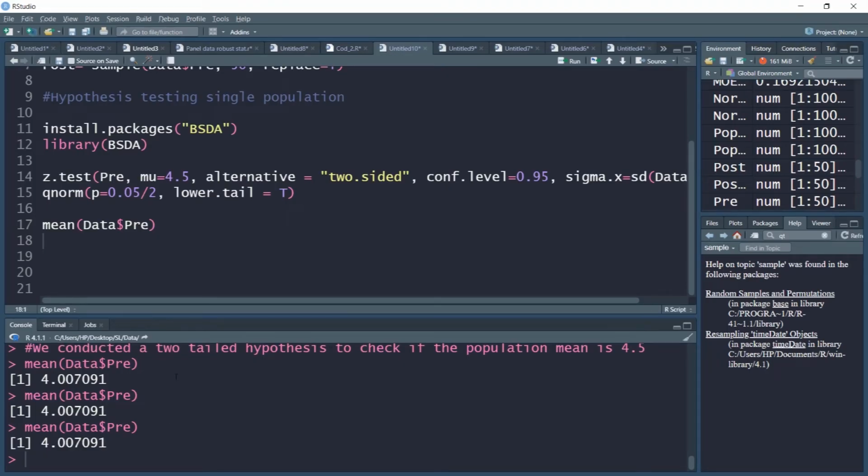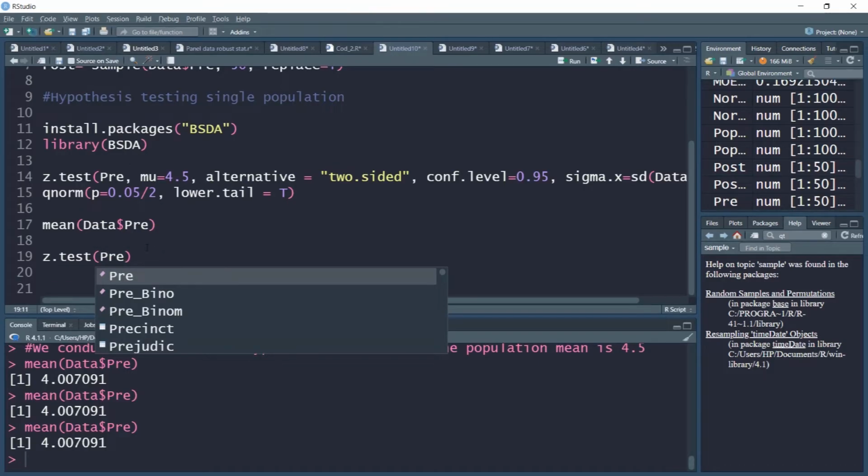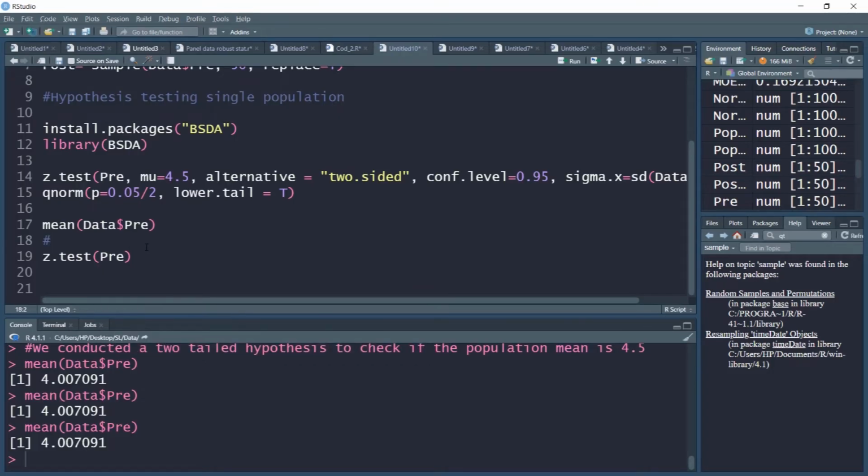However, we would still need to test in a more formal manner, using single-tailed hypothesis testing, whether the mean is more or less than 4.5. So using our sample, we'll test that as well. And for that, we can design our hypothesis testing procedure like this. So we can use our single tail hypothesis design,